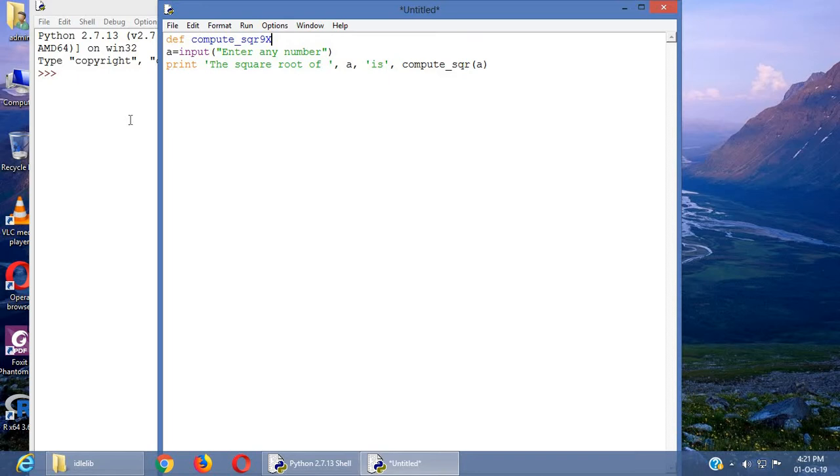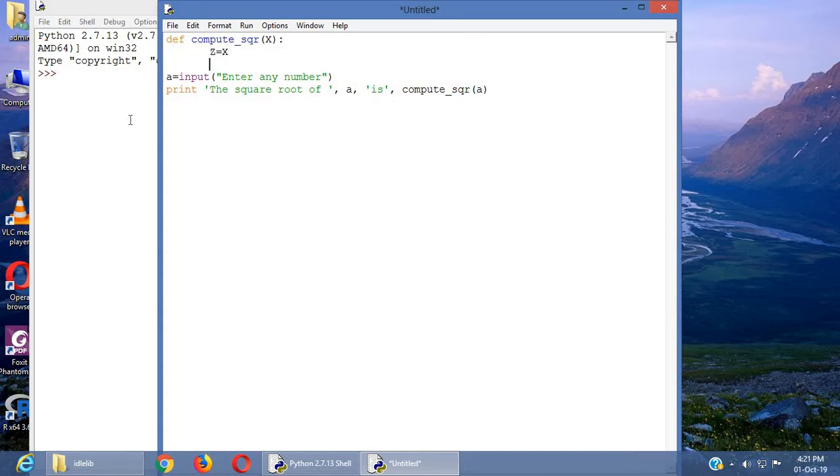Colon. Now we can use a constant here. So this is not a constant, we are taking a variable, just call z. The value of x will be stored in z. Now since Newton's method is an iterative method, here we have to use a looping statement. So every time we have to calculate the x value using the previous step x value. So I am using a looping statement, for in range